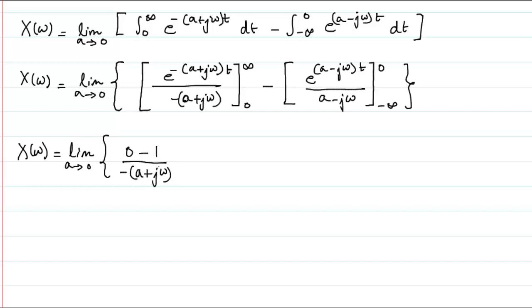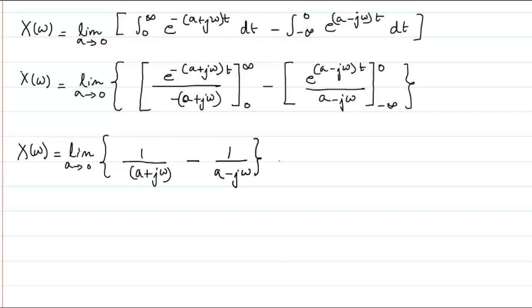j omega, that minus and minus will cancel, so I will basically write this as 1 divided by a plus j omega minus, here if I put 0, so e to the 0 is equal to 1, 1 minus 0, so this is going to be 1 divided by a minus j omega,